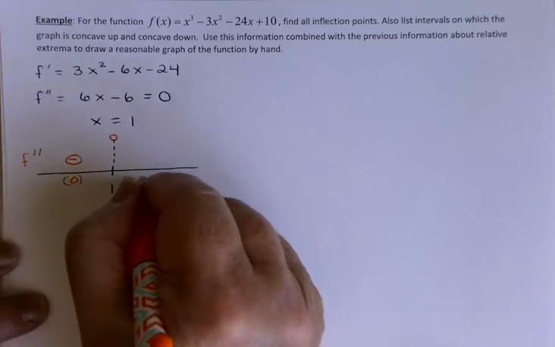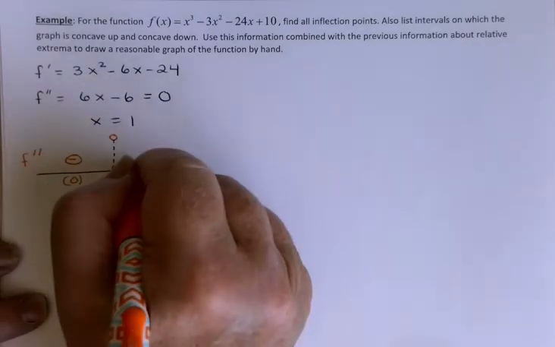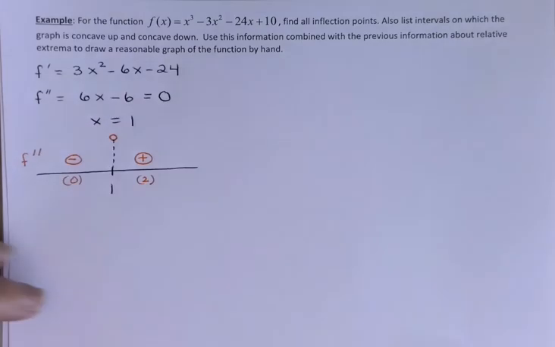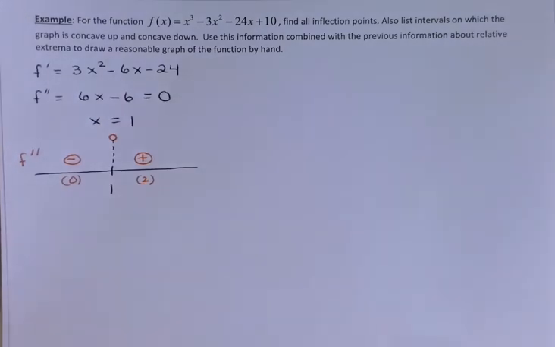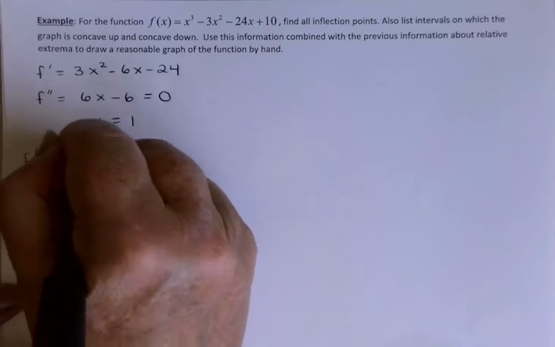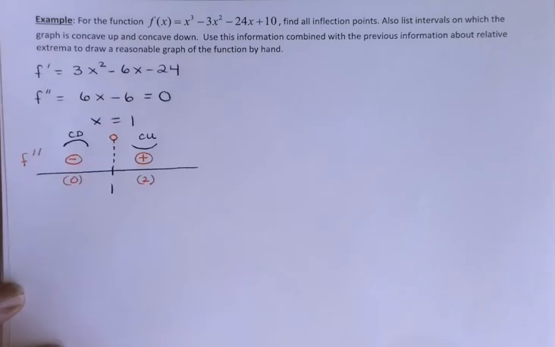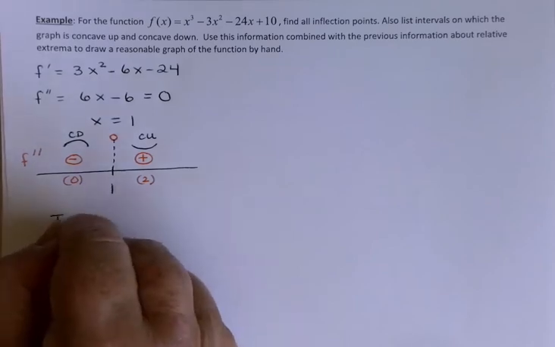And let's try 2. 6 times 2 would be 12 minus 6. That would be positive. So my function is concave down on this side and concave up on that side. And since it did change, I have an inflection point